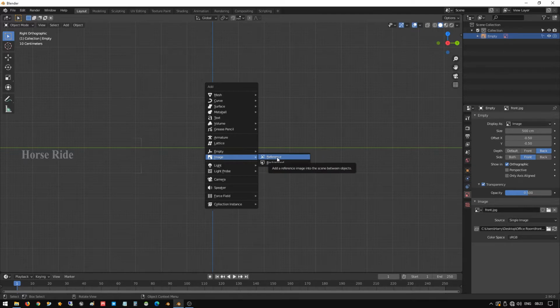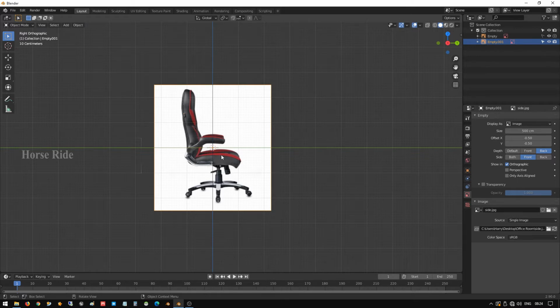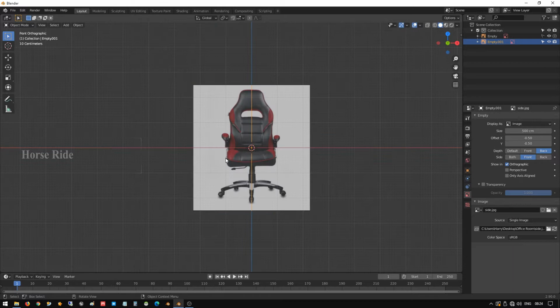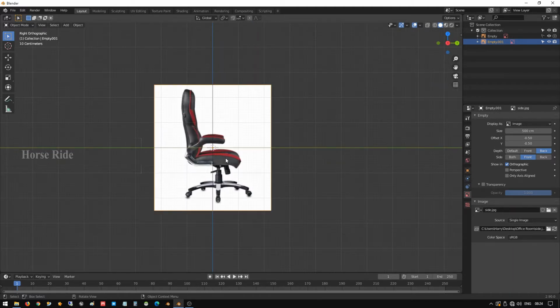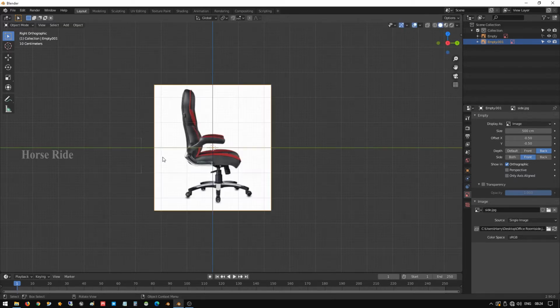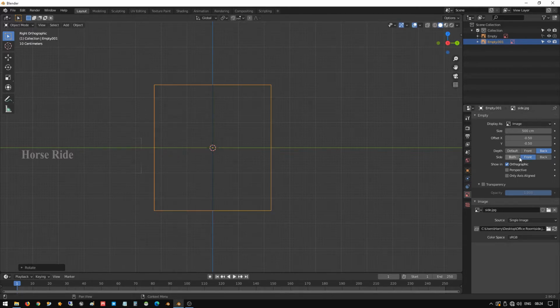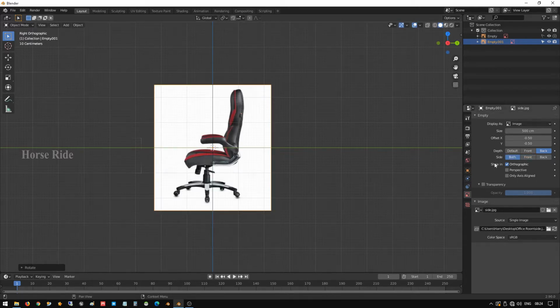Press Ctrl Shift A, add one more background image which is the side angle, and here you can see it's for a front view in this angle, but the chair is in the opposite way. So we are going to change that, rotate it in Z by 180 degrees, and here you can select both sides and give the transparency 0.5 opacity.